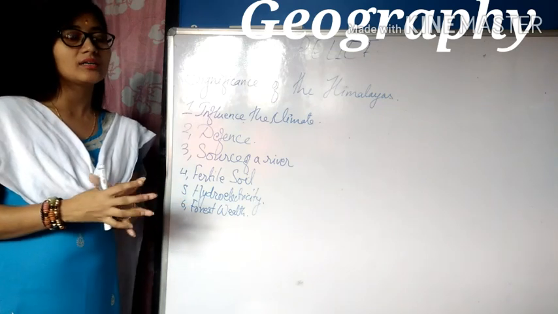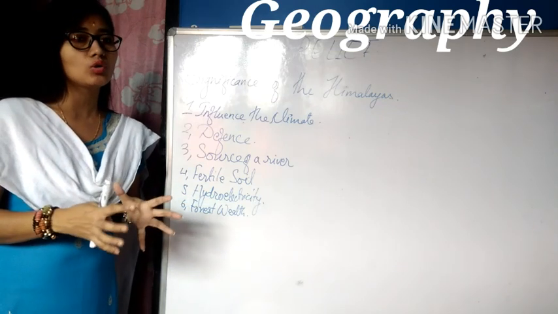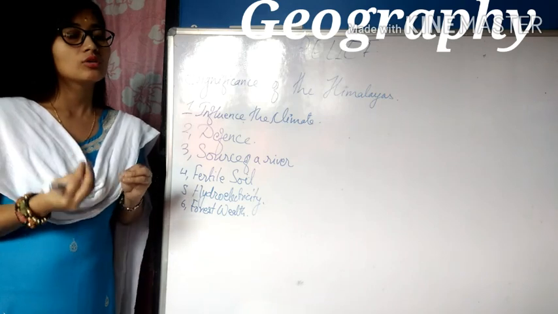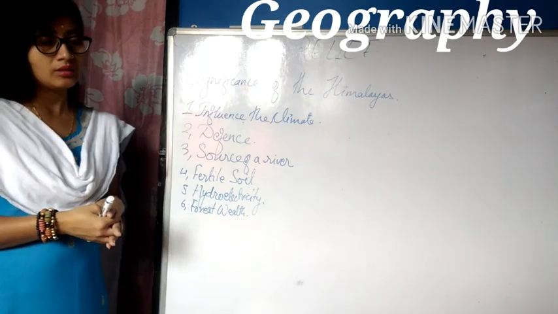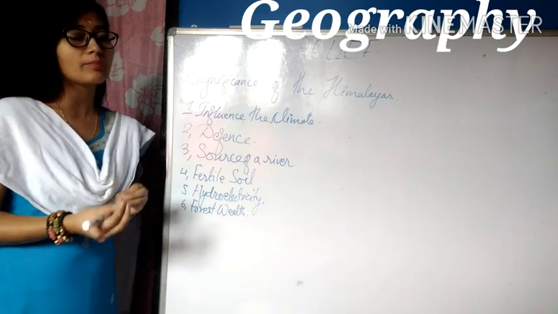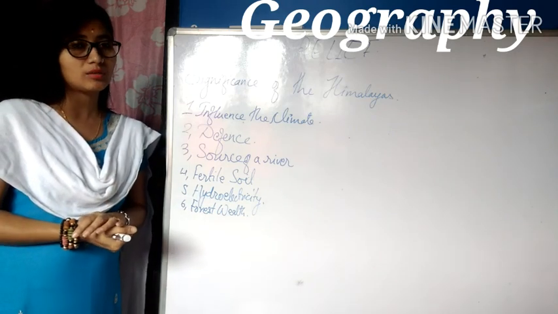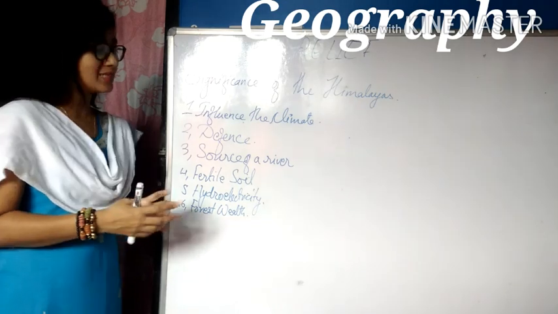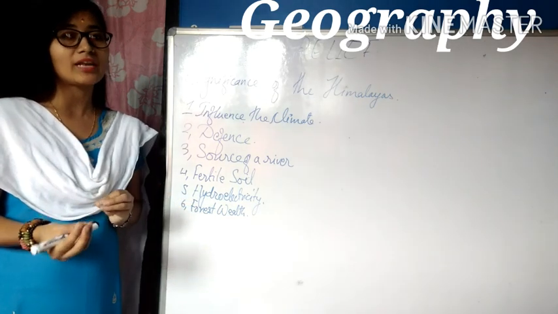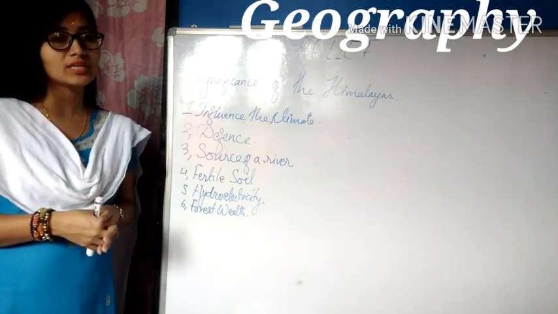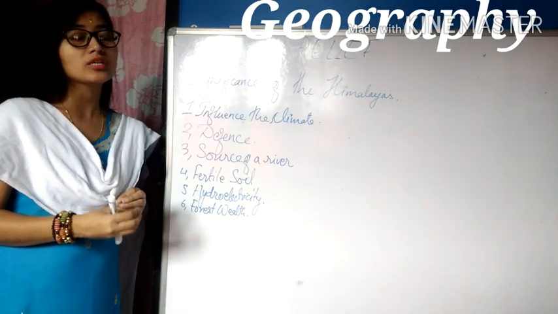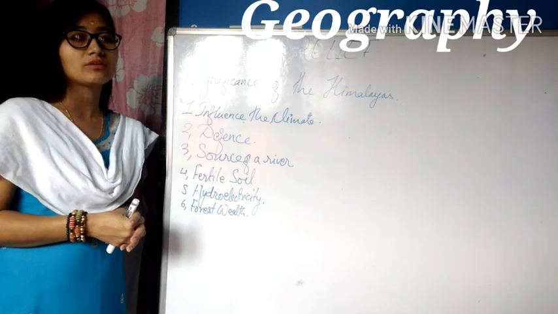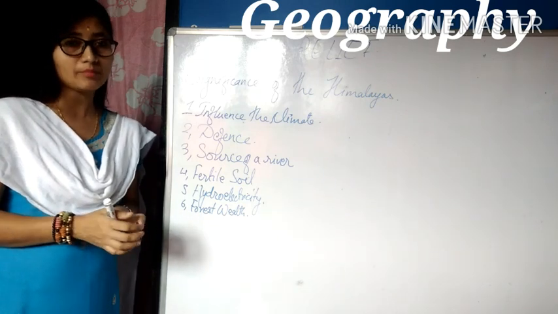The Himalayas of India provide India with a huge amount of fuel wood and timber, and they also supply raw material to industry. Besides this, many patches of land can be used for grazing of animals, and the forests of the Himalayas also provide India with a huge amount of medicinal plants.